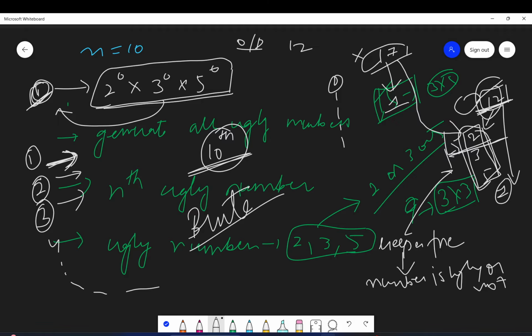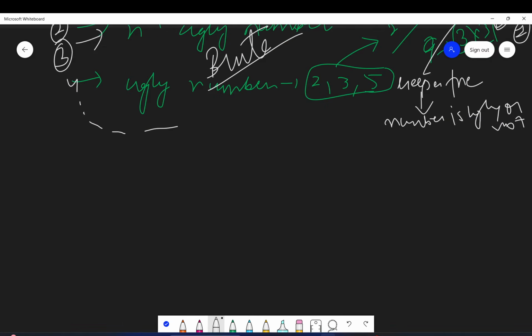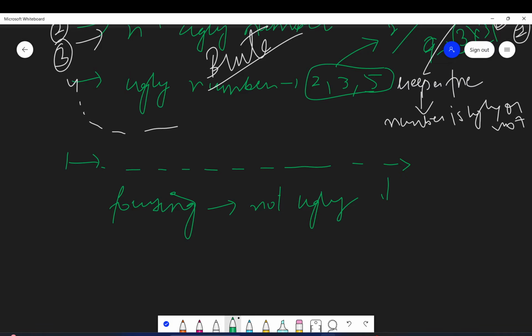But guys, this is obviously not an efficient approach. So guys, what is the problem with this approach, right? We are focusing on those numbers which are not ugly. So if you see, I start from 1 and I go on until I get my nth ugly number.